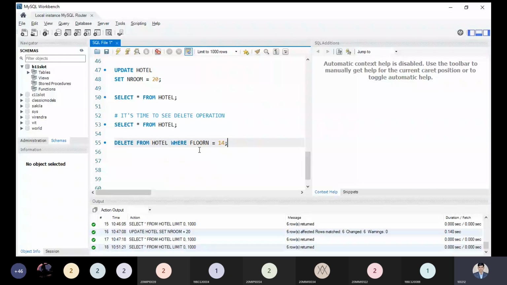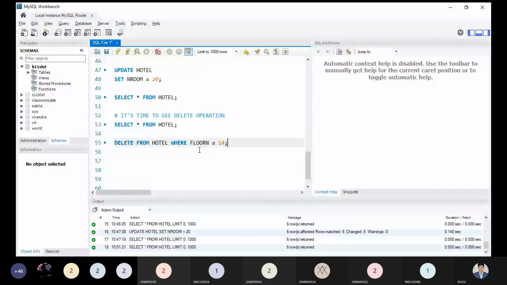But here we are not changing the schema. We have the schema as it is, but we are removing the information. We are playing with the records. That is the point. So this is data manipulation, we are trying to manipulate this data. We have lots of data, so we are trying to update some data. This is not good, because the number of floors cannot be more than 10.